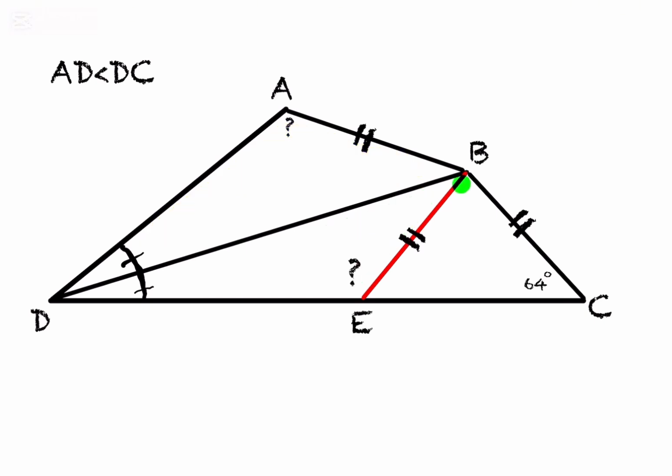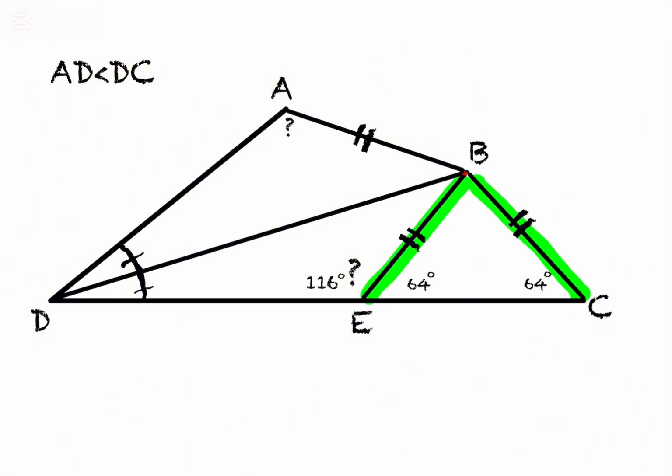Here, we also form an isosceles triangle BEC, where the base angles are 64 degrees. This is because BC equals BE, making the triangle isosceles with equal base angles. The adjacent angle to the base angles becomes 116 degrees, as the sum of the angles on a straight line